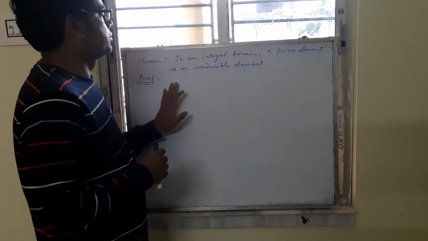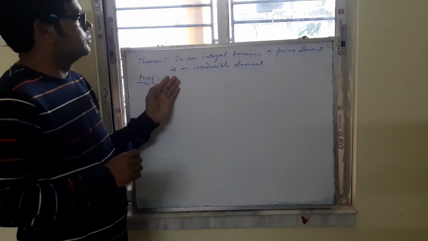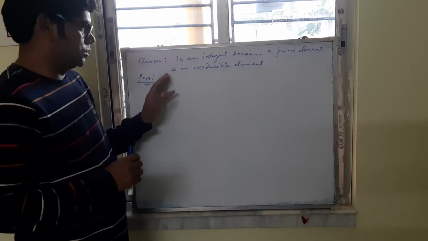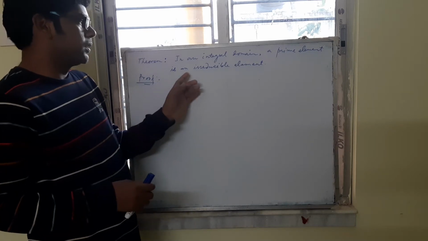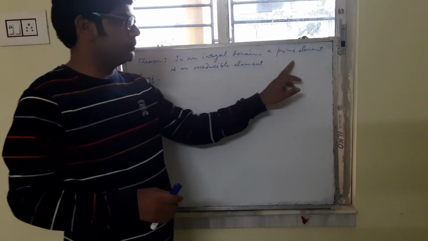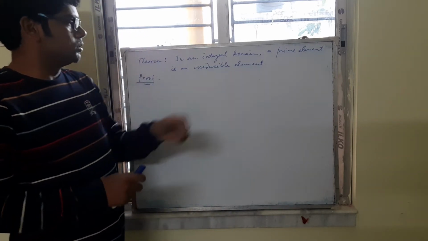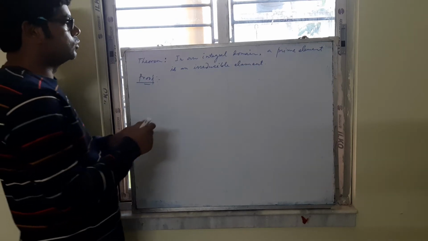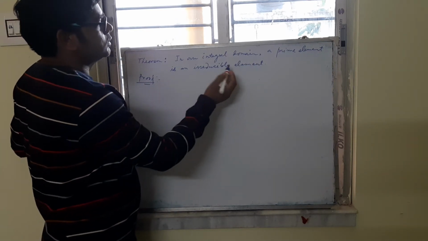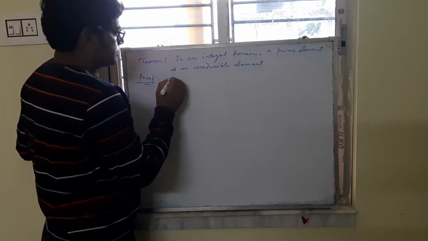Today we are interested to prove this important result as a theorem, which says that in an integral domain a prime element is always an irreducible element. So we start with the proof, and first we suppose that